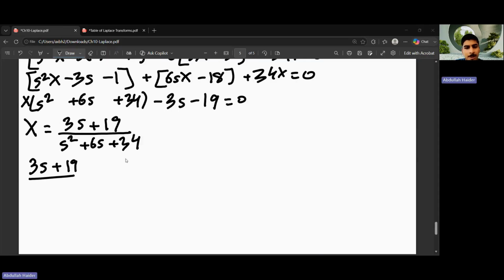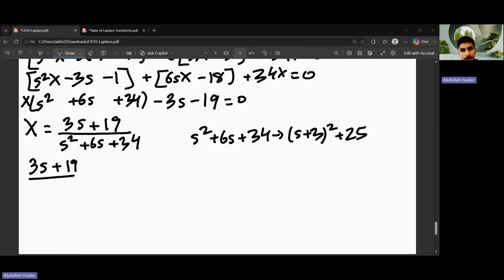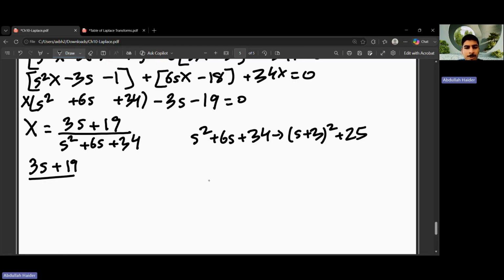So what you can actually do here is complete the square, meaning that if you have s squared plus 6s plus 34, you can write this as (s plus 3) squared plus 25. Now, how can you do this? Assume you don't know how to complete the square, although you should. What you do is you write s plus, now this number divided by 2, which is 3,